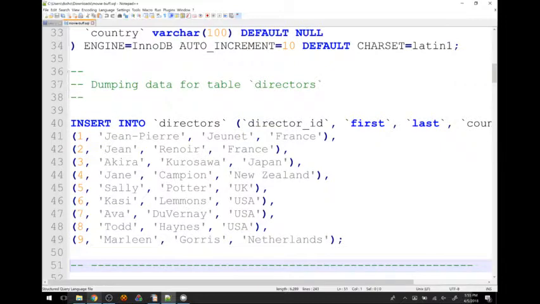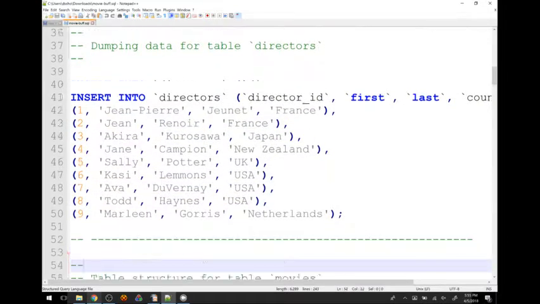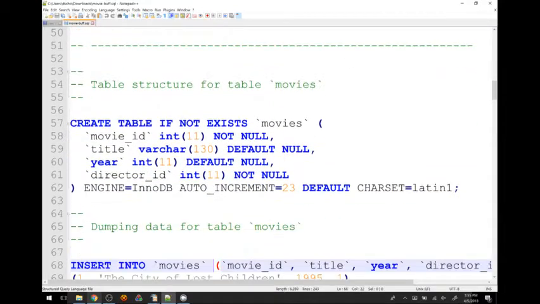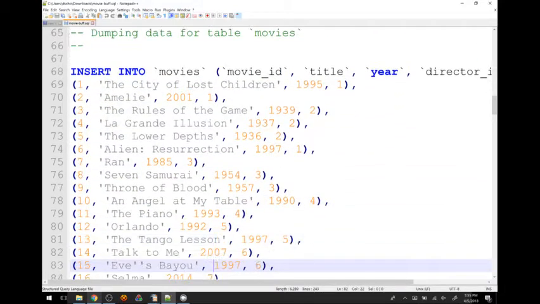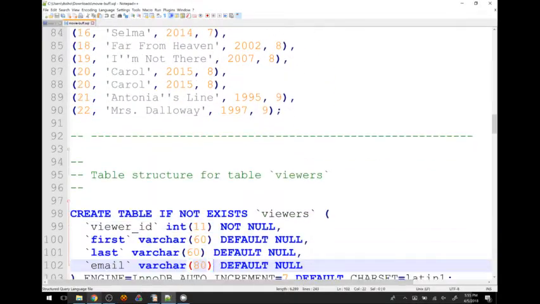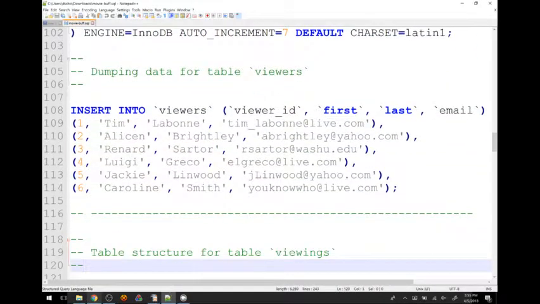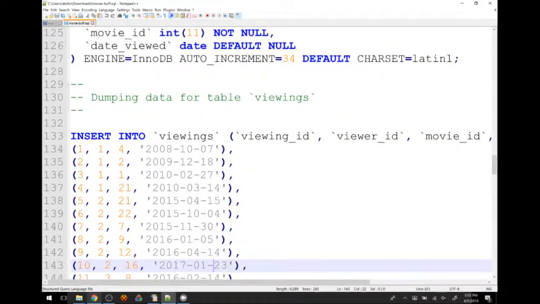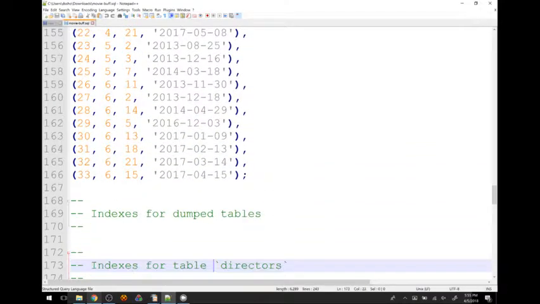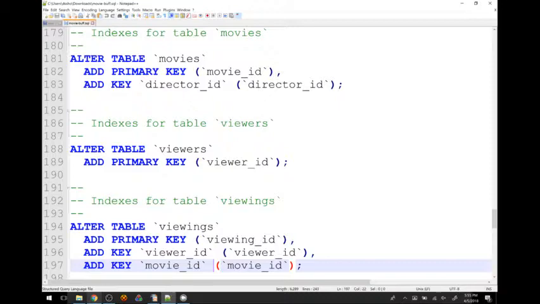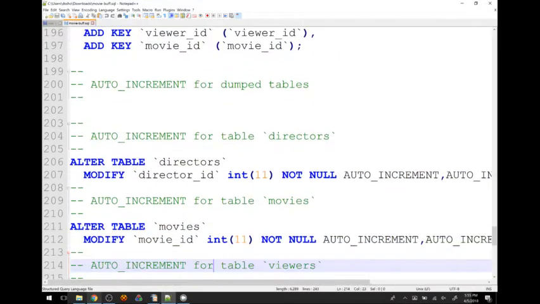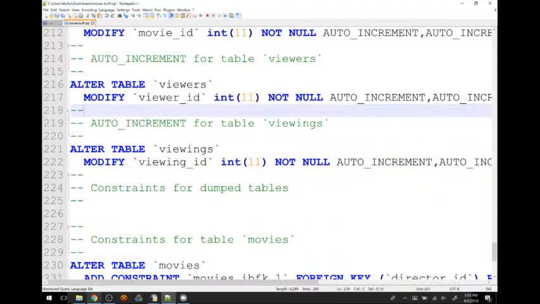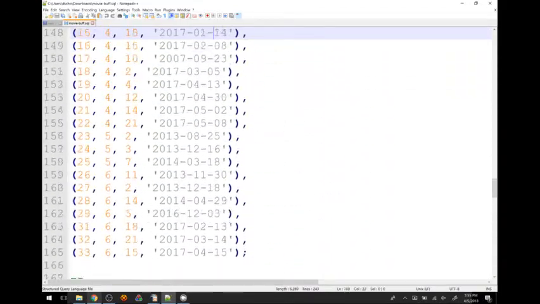And then it inserts a whole bunch of data. There's that guy that we talked about last time, right? Inserts a whole bunch of data. Well, a whole bunch, 9 rows. It inserts some information for us to play around with. It does the same thing for movies. More movies this time, which is good, and then inserts viewers. That's going to be our users, and then viewings, so counting how many times they actually watch the movies. So we're just creating some sample tables, and then it sets the primary keys, sets foreign keys, does some other stuff down here.